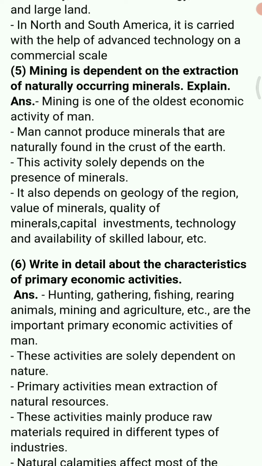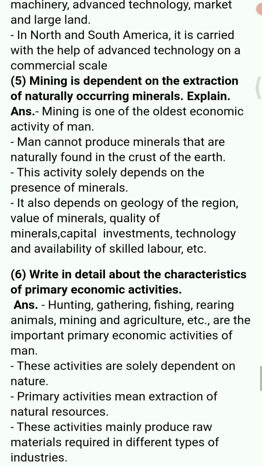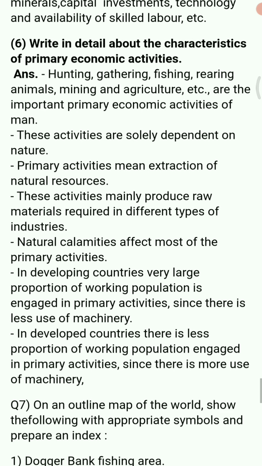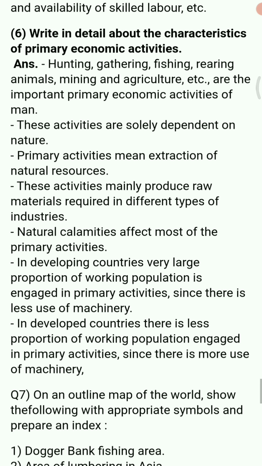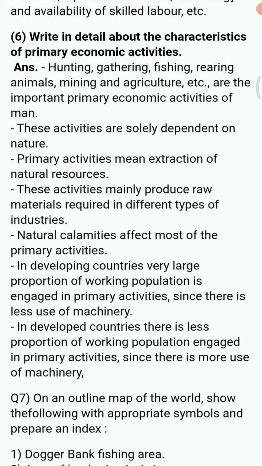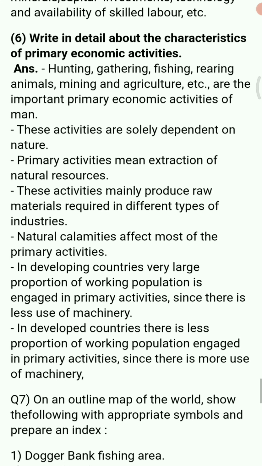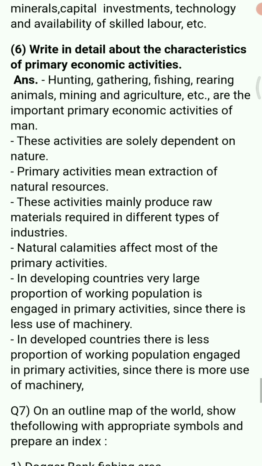It also depends on geology of the region, value of minerals and quality of minerals, as well as capital investment, technology and availability of skilled laborers. Next is write in detail about the characteristics of primary economic activity. So hunting, gathering, fishing, rearing animals, mining and agriculture, these are all the primary economic activities as we have already